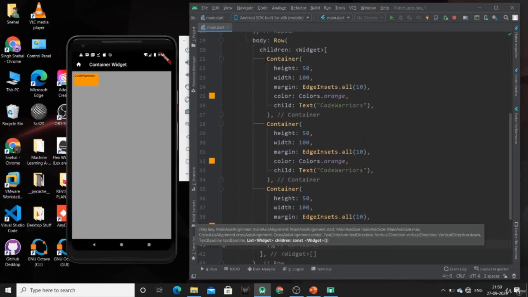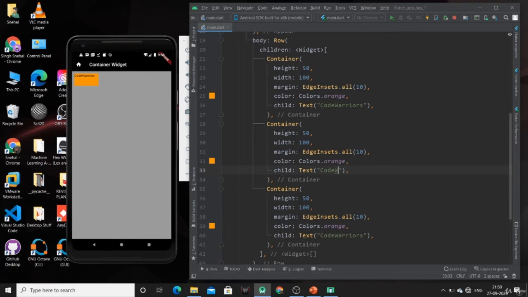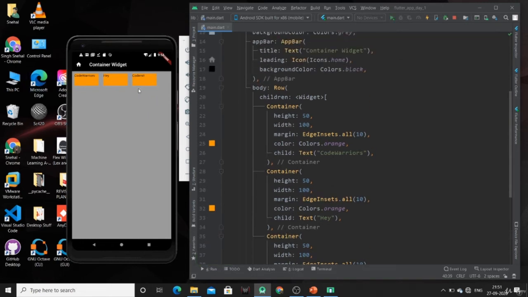So let me just change the text. Just hit Control S. Now you can see that we have three containers in horizontal direction.